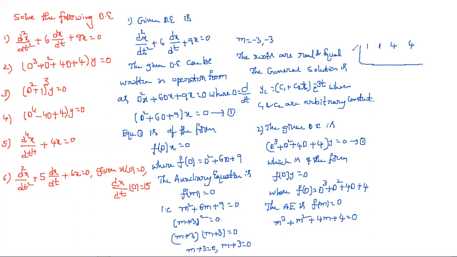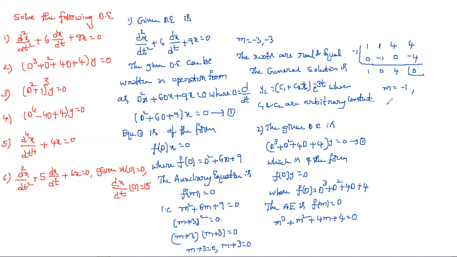Suppose I am taking -1. Are you getting this or not? 1, 0 is nothing but 1. And next, -1, so this is nothing but 0. And next, 1 minus 1 is 0. So 0 into -1 is 0, so 4 plus 0 is nothing but 4. 4 into -1 is nothing but -4. So this is simply what we got, 0. It means one root is m is equal to -1. So this is one root.